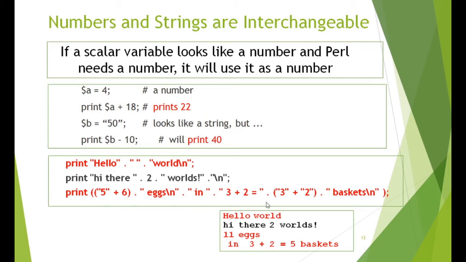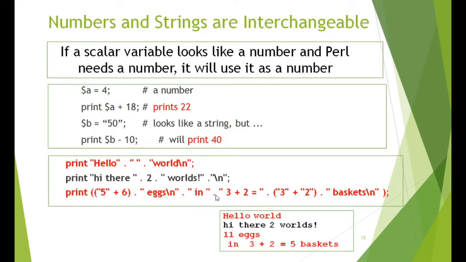Now the interesting part is in this line. We have got within quotes 5 plus 6. This is a string literal plus 6. So now Perl requires a numerical data. So this string literal will be considered as a numerical data. So 5 plus 6, 11. And \n, so it will be printed in one line. So since it's a \n, the rest will be printed in the next line.